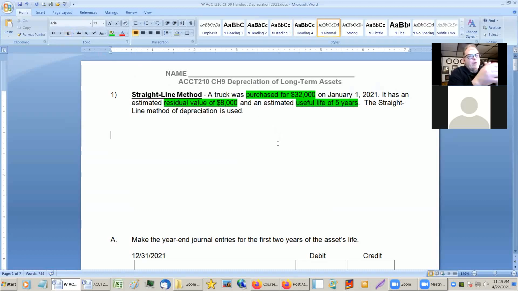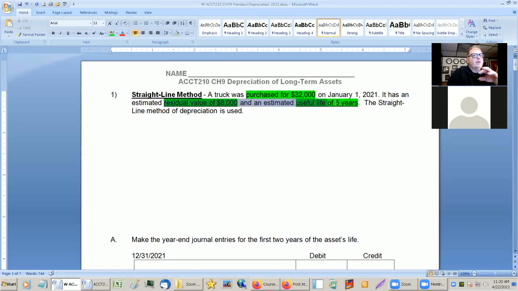So, you might be wondering, how do you come up with that? If the company's been around for a while, you look at what happened in the past. How long have we kept the trucks in the past? What was the resale value afterwards, and all that kind of stuff? You can also look up pricing for cars and trucks, to see what a truck is worth 5 years from now, and use that as an estimate of what this will be worth. So anyway, we have these two estimates,